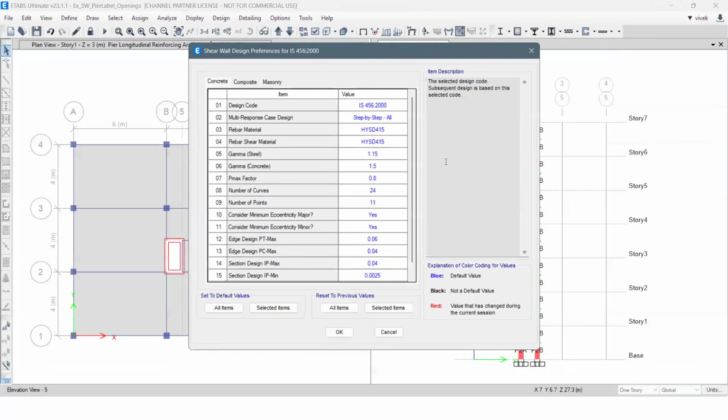Let us quickly go through the design preferences, settings that are available. And one more discussion on the general reinforcing with the ST sec. So here we are setting the code and then the rebar material to be used and the factors. So the Pmax factor is for the simplified